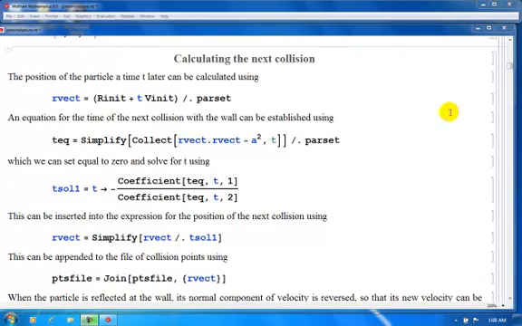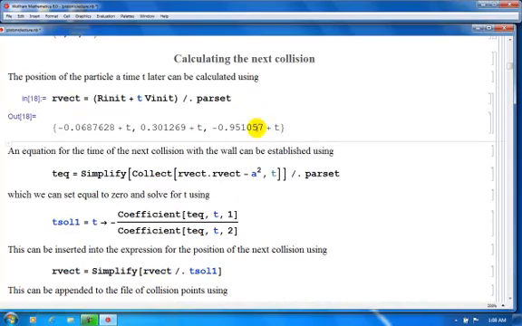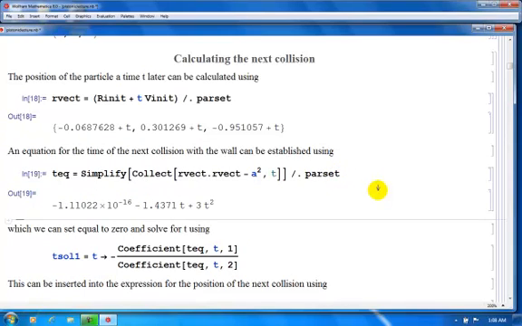Okay, so let's now continue, and we'll now simulate the first collision. So we take the expression for the parametric vector equation, and we set in the values of the parameters, and then we get our equation for t, which looks like this. It's got a tiny little term which should ideally be 0, but because of round-offs. And so you can see that the solutions of this are either t equals 0 or t equals this